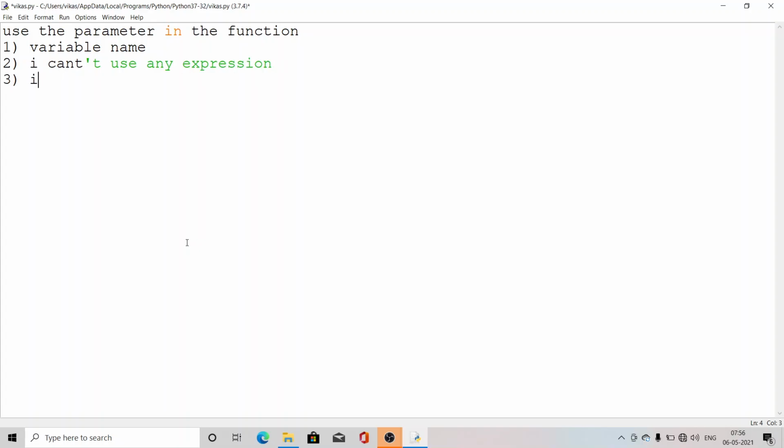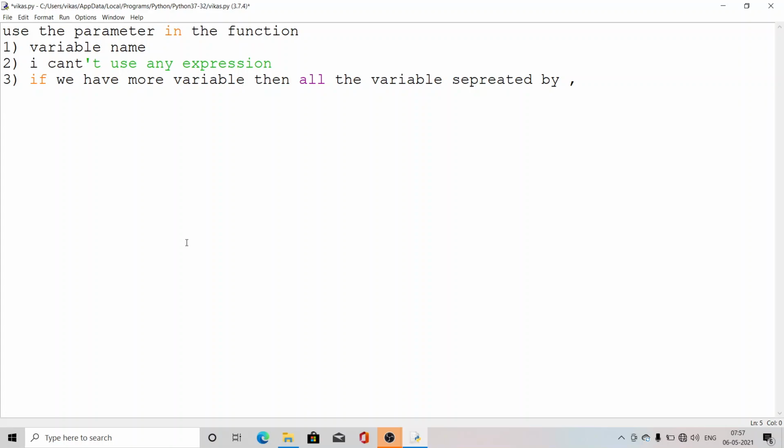Third, if we have more parameters, all the variables are separated by commas. These are the things we have to keep in mind whenever we are passing parameters to functions.